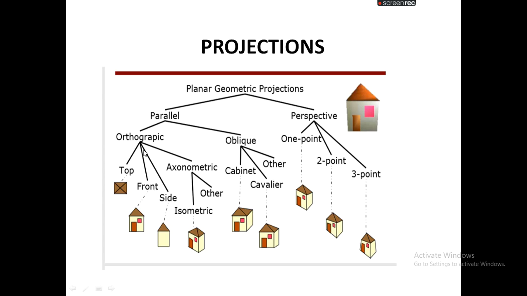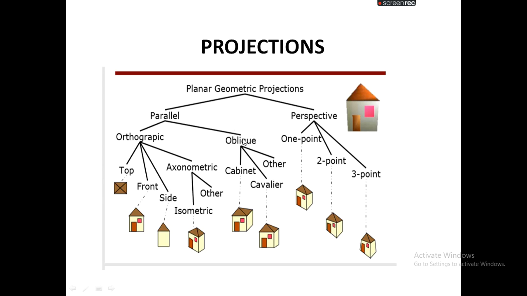Again, orthographic projections are classified into various types of projections where I can view the top end of the object, front end of the object, and side end of the given object by using orthographic projections. In that, we also have axonometric projections, which include isometric, dimetric, and trimetric. So these all are the various types of orthographic projections we are using in computer graphics.